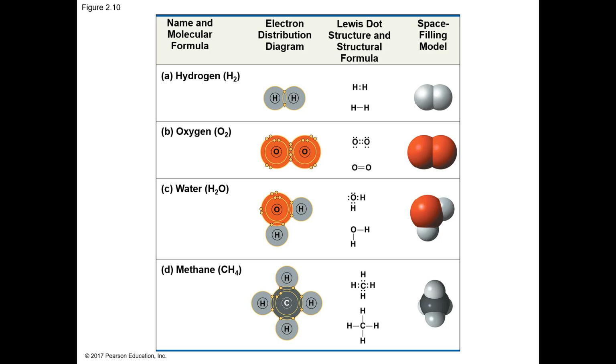Finally, in the fourth row, you have D, methane, CH4, where you have 4 hydrogens bonded to a carbon. You have the Lewis dot structure that shows the pair of electrons shared between the carbons and hydrogens in each of the 4 cases, and then represented in the structural formula with a dash. So you have carbon to hydrogen 4 times, each one represented by 1 dash, and then you have the space filling model with the black carbon in the center and the 4 hydrogens in light gray around it. So you can see how they're depicted, and you notice they're not all one on each of the 4 sides. There's 1 on the top, and then the 3 on the bottom set up